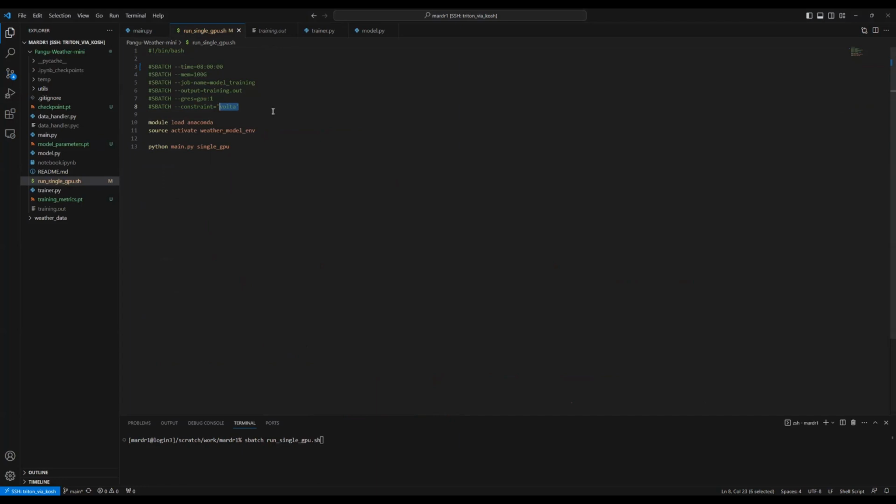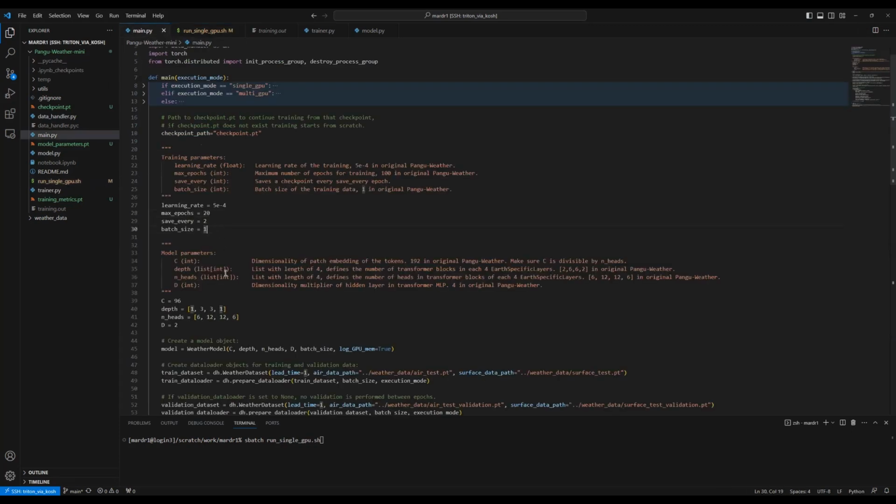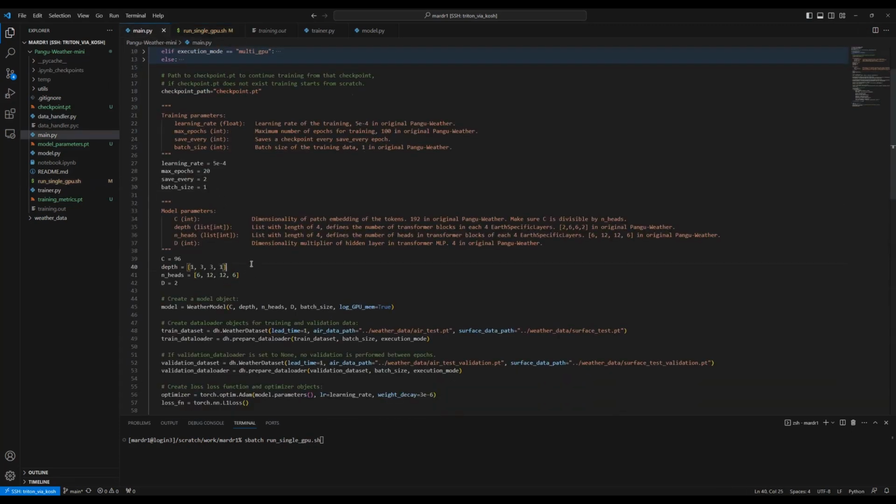So there is still some work to be done, like optimizing the memory efficiency of the model, because it wasn't fitting the memory constraints of the GPU. But here, we can make the model smaller by changing the model parameters.